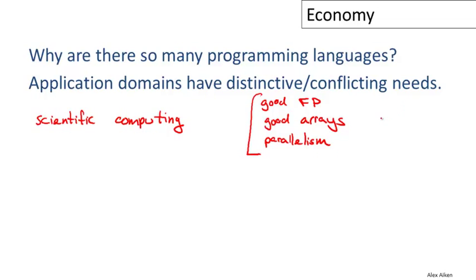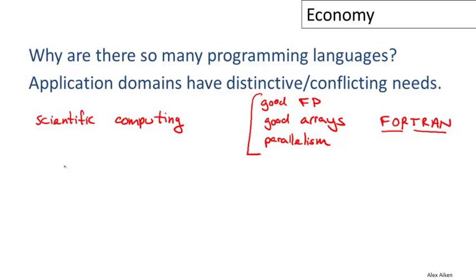But one language that has traditionally done a very good job of supporting these things is Fortran. And Fortran is still heavily used in the scientific community. It was originally designed for scientific applications. If you recall, the name means formula translation. And it has evolved over time. It doesn't really look much like the original language anymore, but it's always retained this core constituency in scientific computing and remains one of the leading languages in that domain.